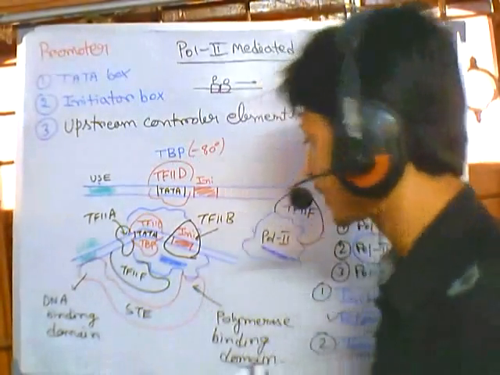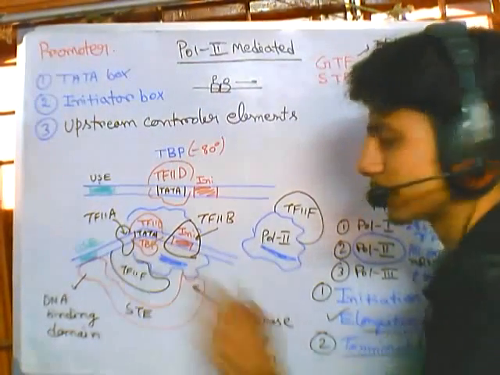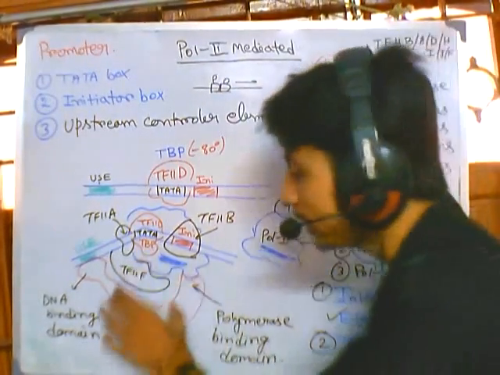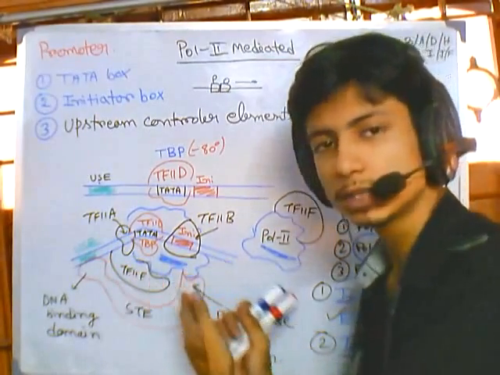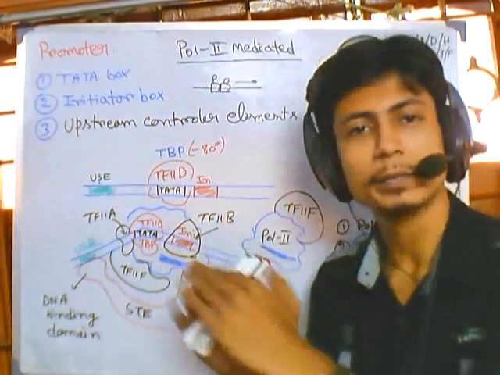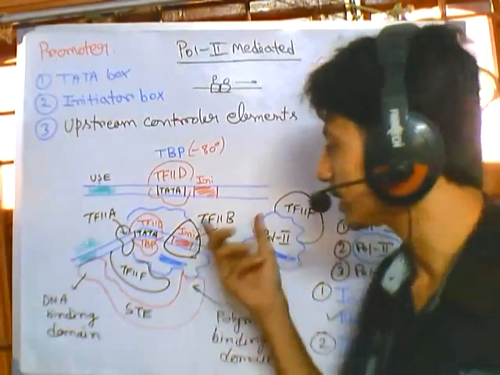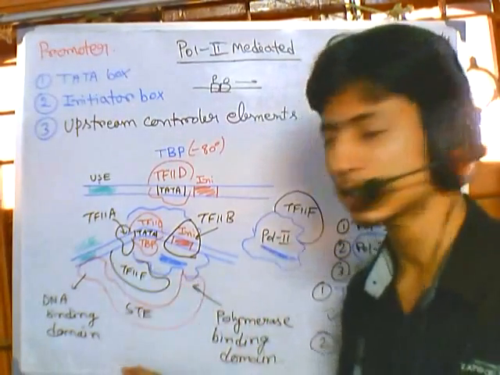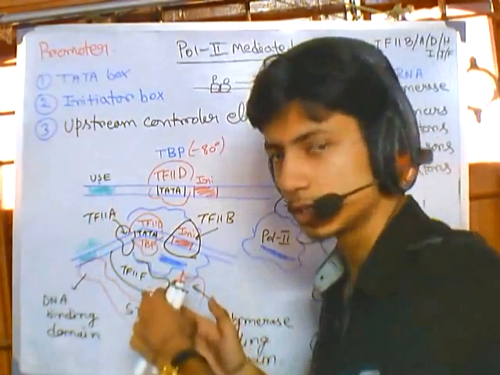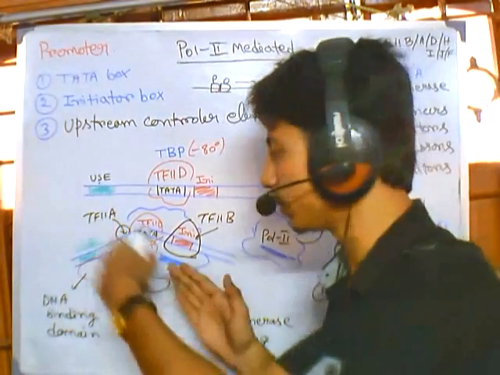Okay, so with the help of two different domains, it is sitting and interacting in both cases. But the interaction is possible only when the DNA gets bent. That's why bending the DNA is required. And when these specialized transcription factors sit on this region and connect the polymerase and the upstream